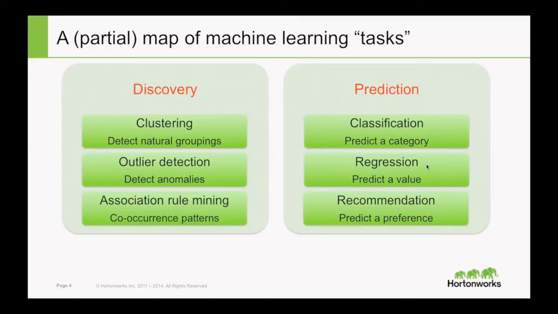On the prediction side, I want to talk about three different techniques here. One is called classification. When you build a classifier, you essentially take data points that are labeled, and you learn a model on how to classify other data points that are not labeled and give them that label. The label is a category. It could be a binary 0 or 1. It could be one of many categories. And you're trying to take a new data point and, using this model you learned, predict what category it should belong to.